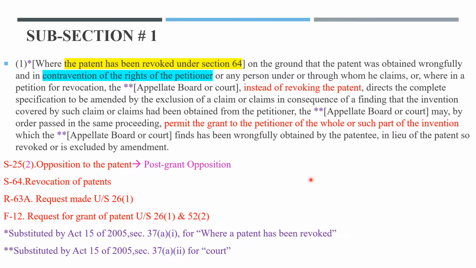Confusing? Yeah, I agree. Okay, but I will simplify this. Fine? Okay. So, first of all, observe the key phrase here. The key phrase here is the patent has been revoked under section 64. Fine. And here we are finding a single star mark. So, let us see what it indicates. Single star mark here indicates substituted by Act 15